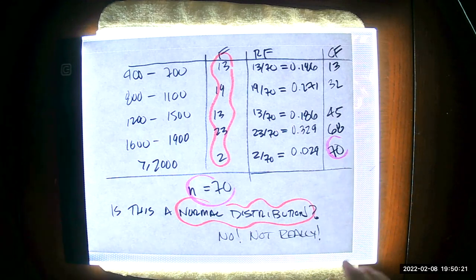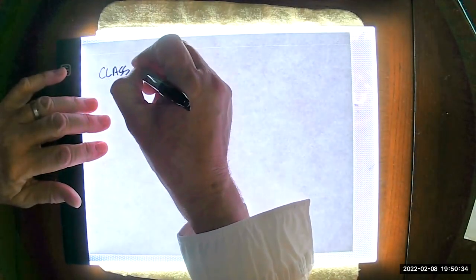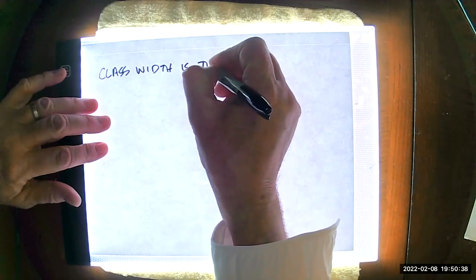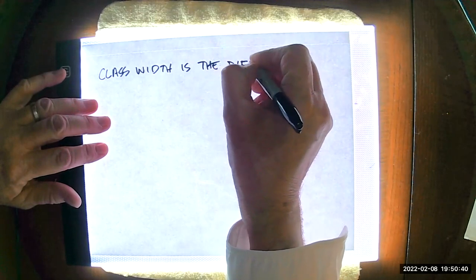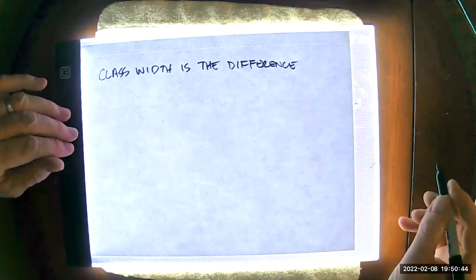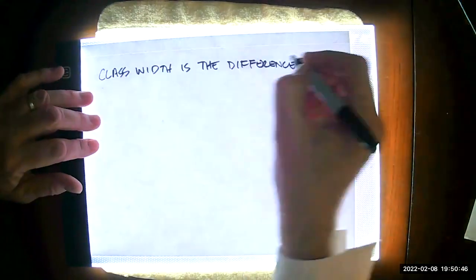First, let me put the definition of class width up here, because part of the issue begins with the way the notion is defined. Class width is the difference, so it's going to be a subtraction of some sort. This is the difference between